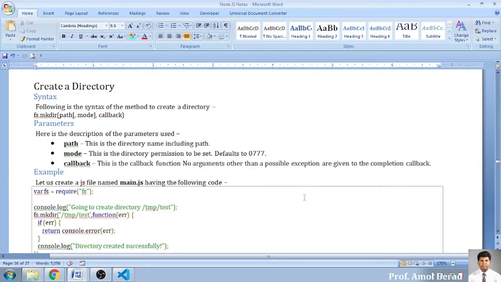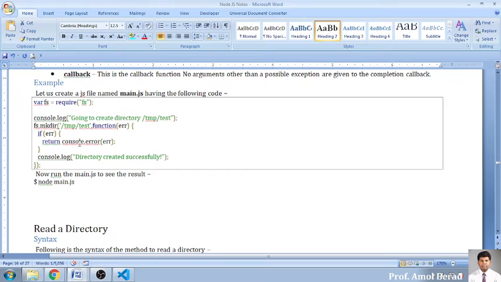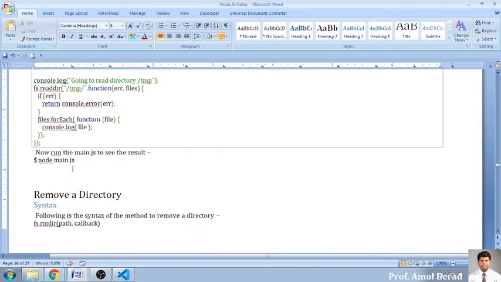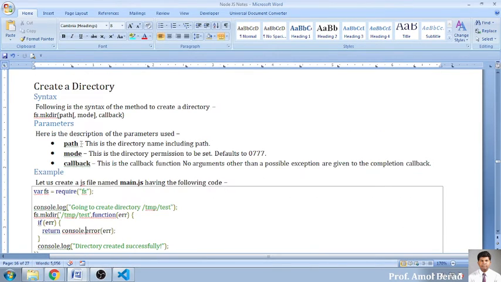Now, when we talk about a file system, again, we can work on a directory. I am giving you an assignment that you have to go for creating a directory. What is a directory? Nothing but creating a folder. One simple program I will be doing: I will be creating one text.txt file, and then reading contents and all those things you have to do from your side. I don't want to waste more energy on this FS system, because we have to move further for your syllabus. How to create a directory is again a very important thing, that is mkdir.